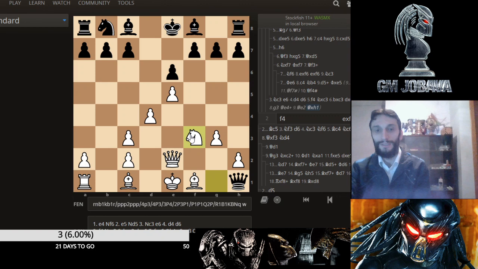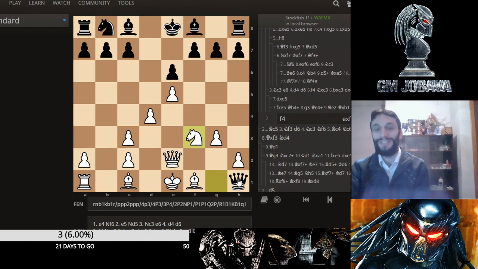Knight f3, interesting move here. So we just cut off this queen from the central squares, and now black is trying to help it with bishop c6, attacking this knight and freeing the queen. But king f2 is the move, protecting the knight and preparing bishop g2. And after bishop c6, bishop g2 here,